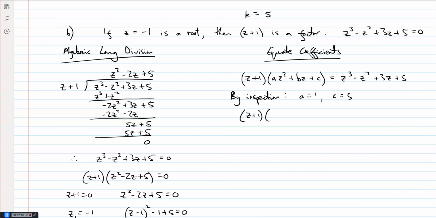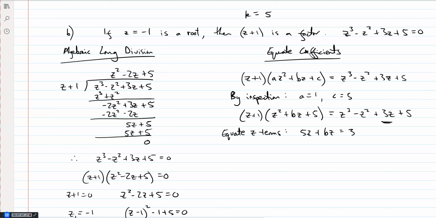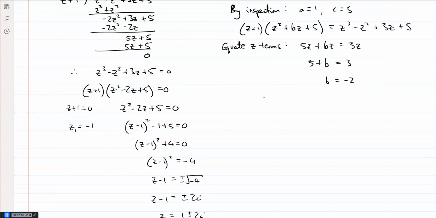So then we can fill in those parts. And then either you can match up the z squared terms, or you can match up the z terms. Let's equate the z terms. So they must be the same on both sides. So on the left, our z term comes from the z times the 5, so 5z, and the 1 times the bz, which is just bz, and that must be equal to the z term on the other side. So the coefficients must match up. So b must be minus 2,